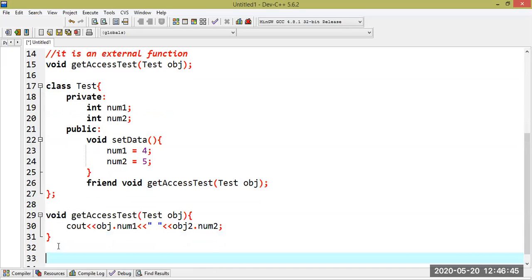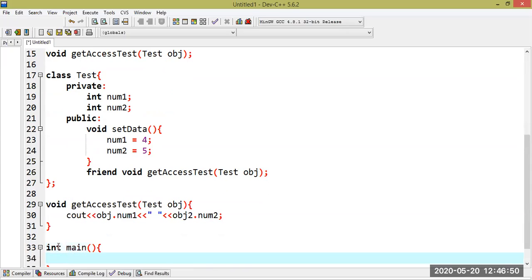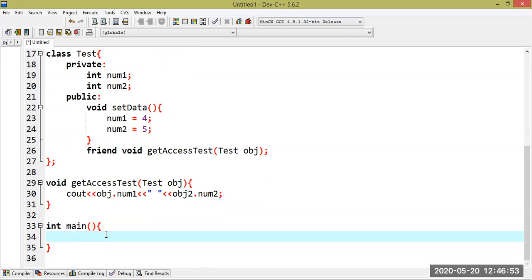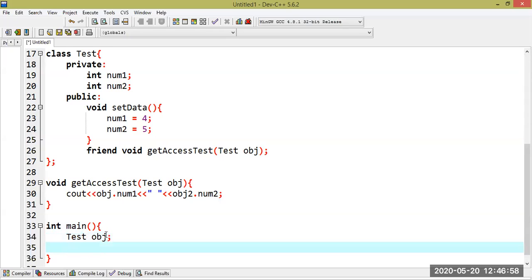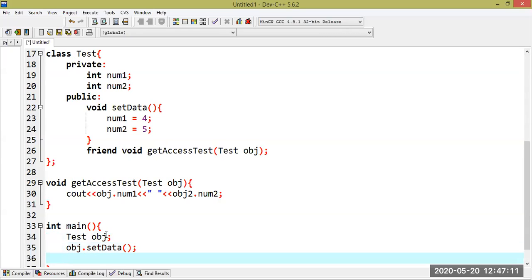Now let's go to the main method. Inside main, let's first create an object of class Test. Next, initialize the data members, and for that purpose we wrote a function called setData. Thereafter, we can call the friend function by its name, getAccessTest, and pass the object as the argument to that function.